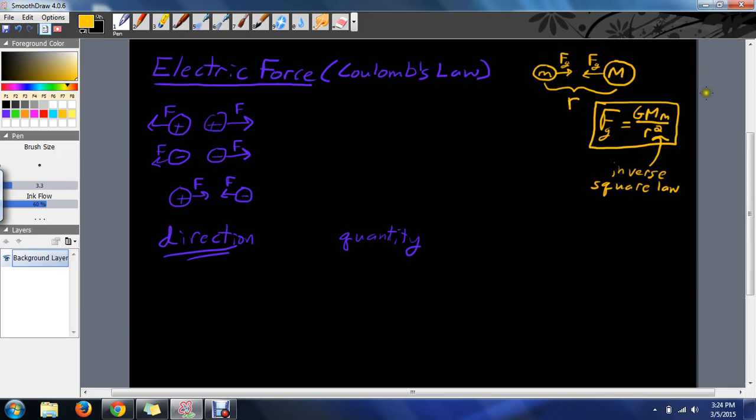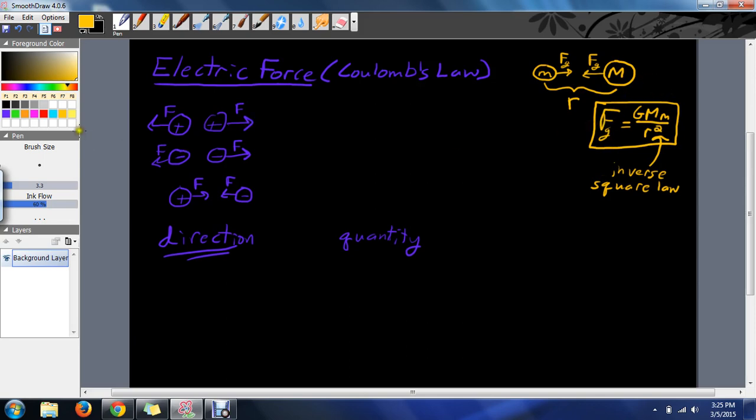It gets weaker the farther away and stronger the closer you are. You can think of a black hole having almost zero radius and therefore infinite gravity. And square, of course, meaning you square the distance, meaning if the distance doubles, it goes down by a factor